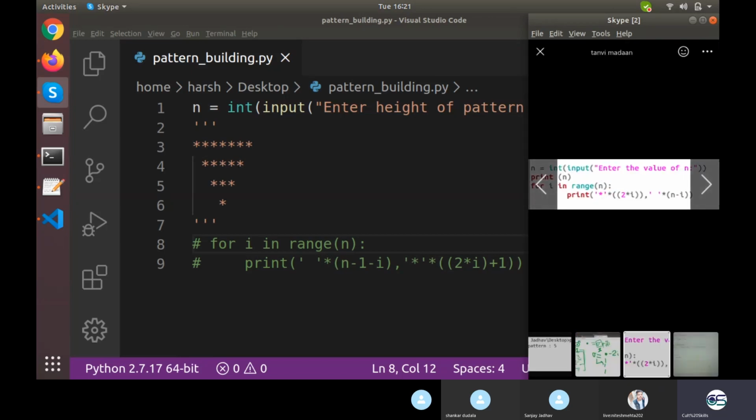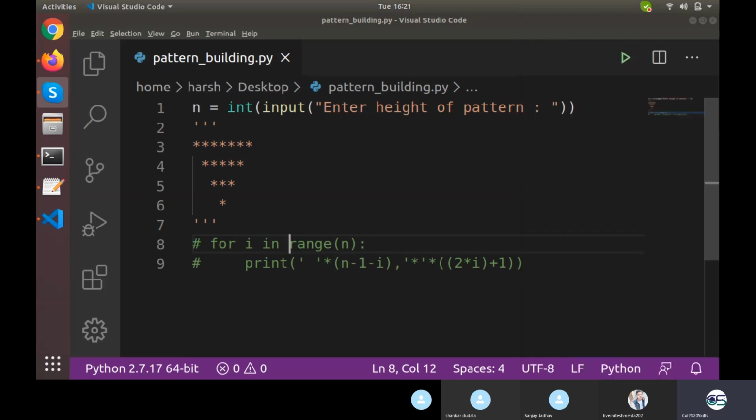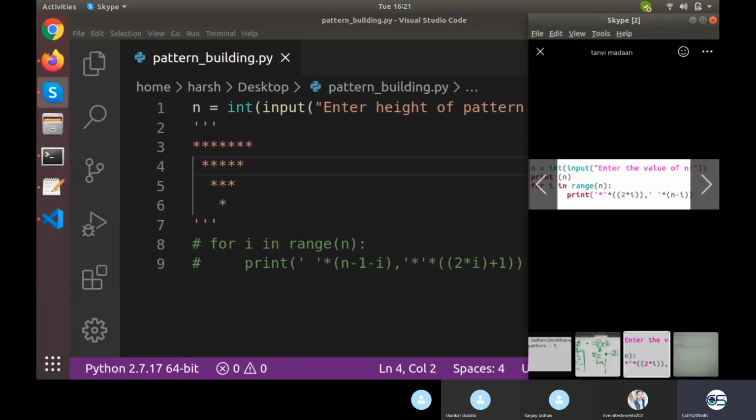So 2 star I. Well, Tanvi, the problem right here is you are writing spaces, stars earlier and then spaces later on. How would it work? You need to have spaces earlier. If there is any space in the last, then it is not your concern. Whatever spaces are before the star, that is what you need to think of. So that will not work at all if you put spaces later on.